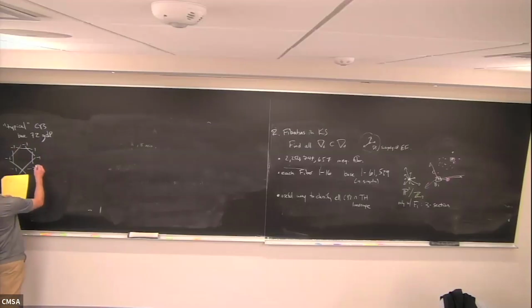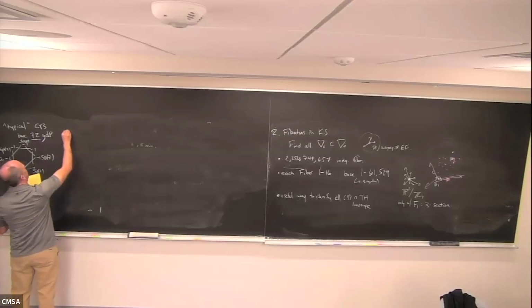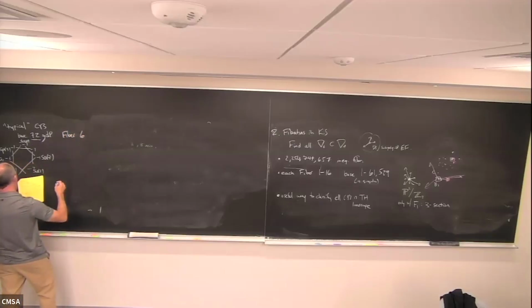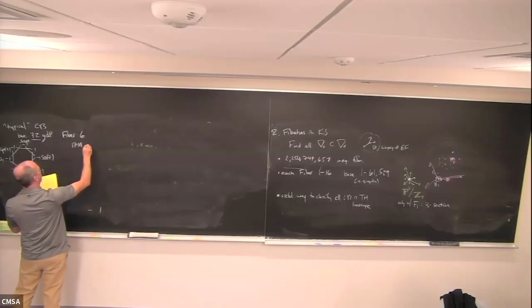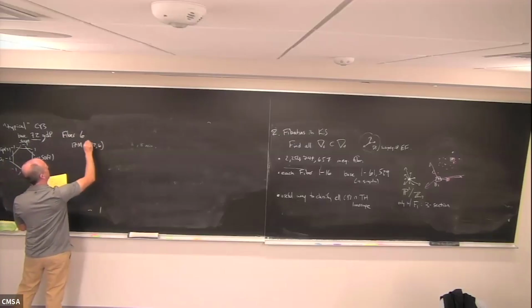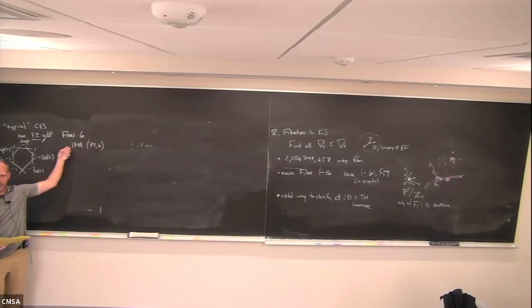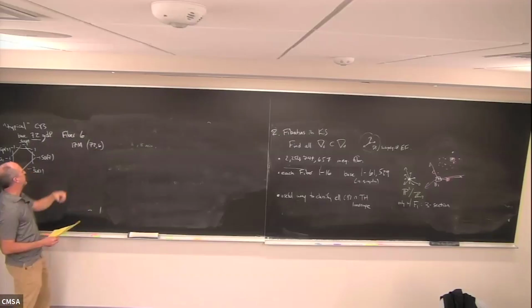And over that base, we have the gauge group SO7, SU2, G2, SO3. Sorry, there's something wrong with that. This is, sorry, SP3 and SO8. Okay, so with base 72 and fiber 6, there are 17 million fibrations. So there are 17 million fibrations with fiber 6 and base 72.